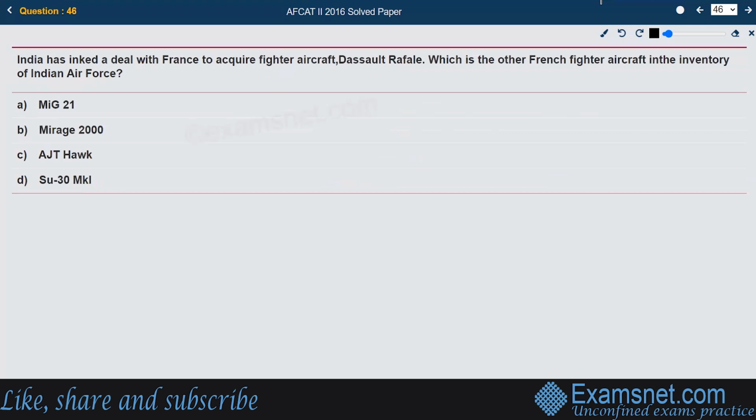Next, India has signed a deal with France to acquire the fighter aircraft Dassault Rafale. Which is the other French fighter aircraft in the inventory of the Indian Air Force? The right answer is option B, Mirage 2000, which is already part of the Indian Air Force. Dassault Mirage 2000 is a French multi-role single engine fourth generation jet